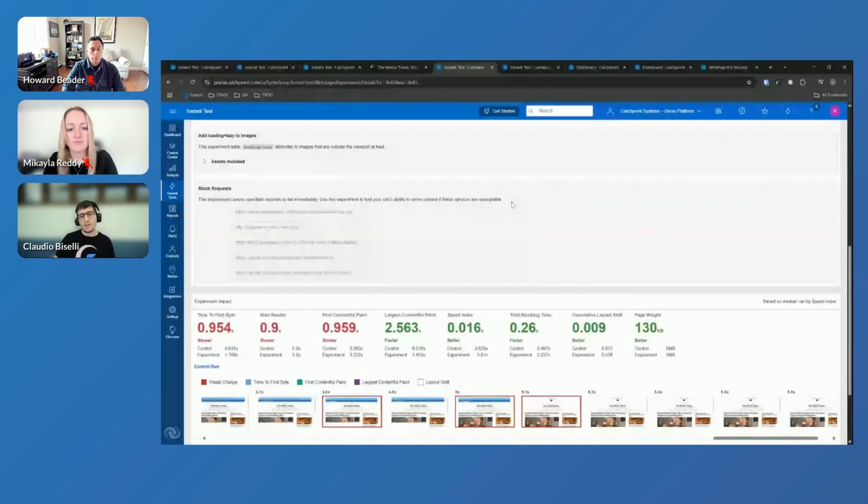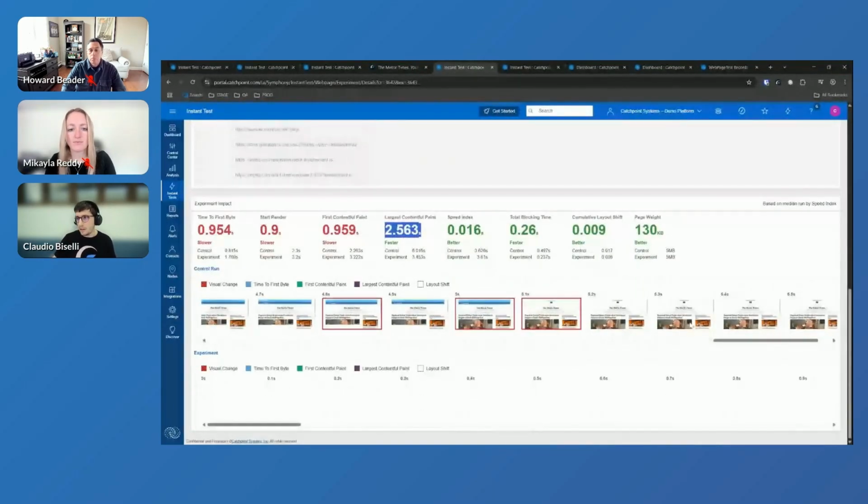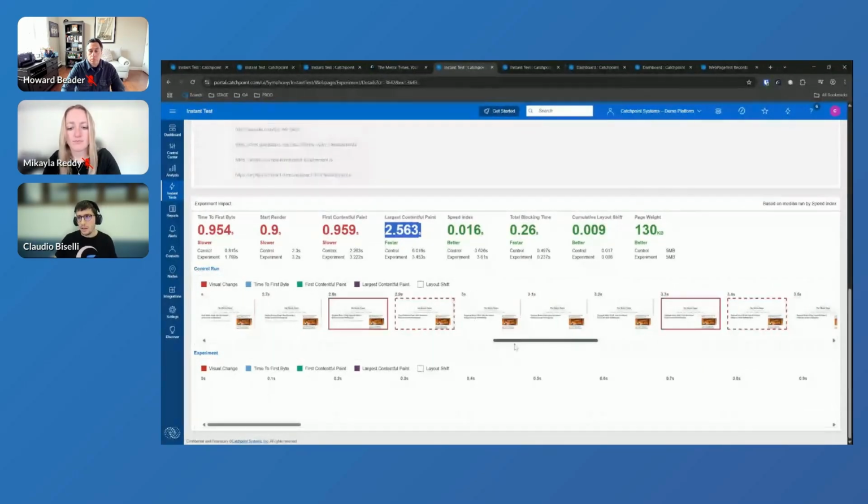So what we can see here is that we have something red, but if you check here, it is just because, for some reason, the server, especially for the experiment runs, replied very late. So we have a time to first byte delay, which we can skip. So rerunning the experiments, probably we will get rid of this number. But the cool thing is that our LCP, even if the time to first byte is going down, is better. Because now, if we take a look at the screenshot, we have our LCP kind of immediately here,